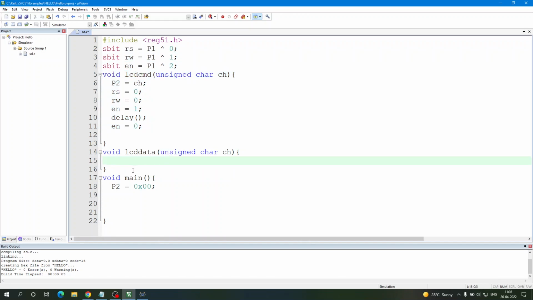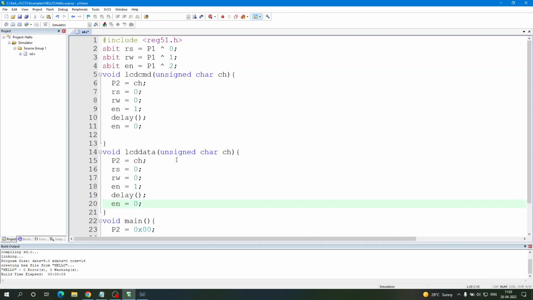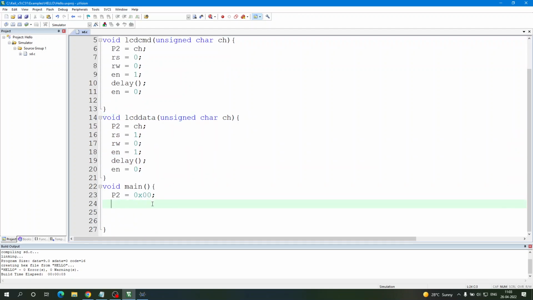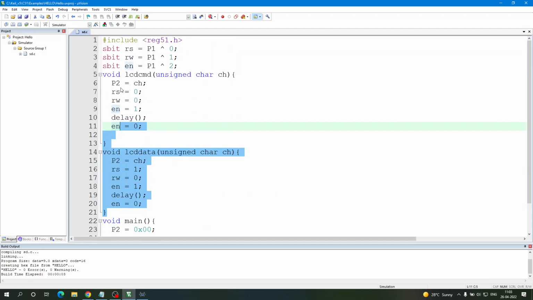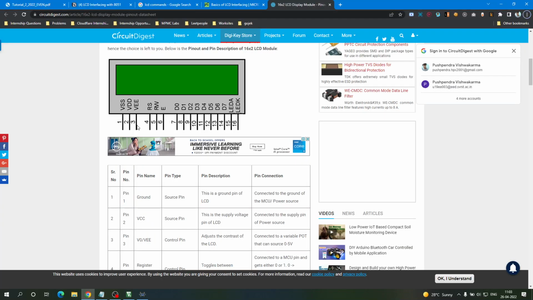And coming to our data, the entire logic will be the same, but the only difference will be making this 1, and the other instructions would be the same. So okay, this logic should work. Yeah, so can I run it? No,